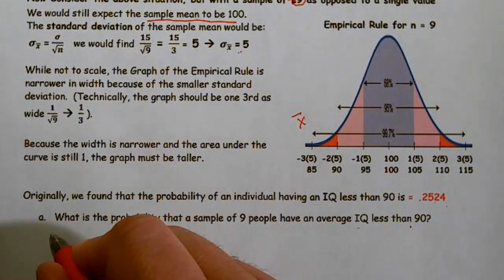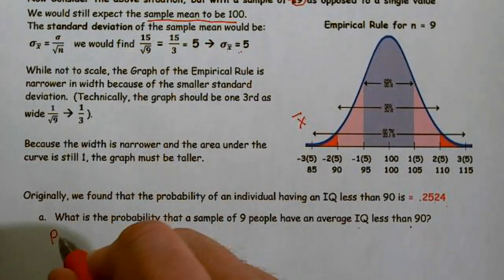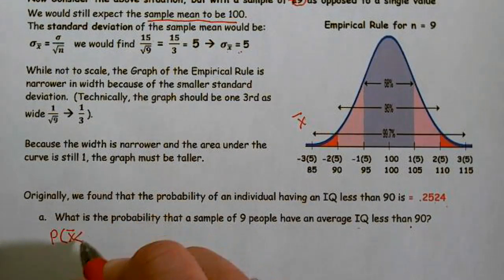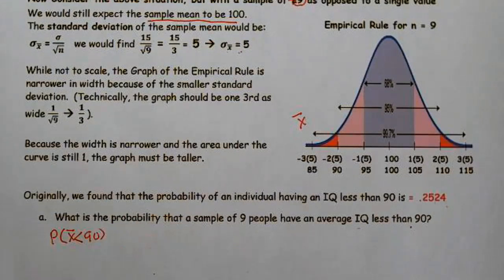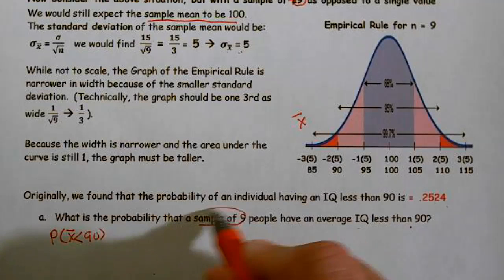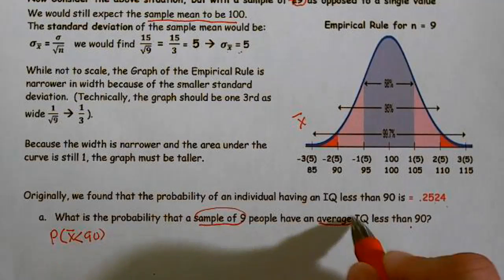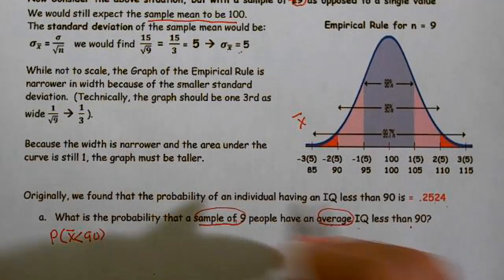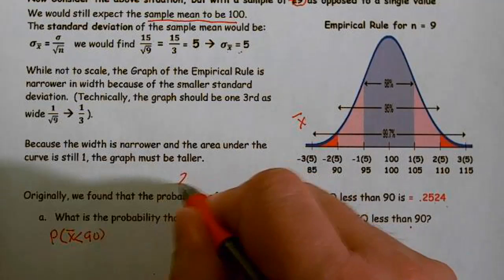So now we're not worrying about the probability of X, we're worried about the probability of X bar being less than 90. All right, probability of X bar less than 90. And the reason I know this is they say a sample of 9 have an average. So we have a group with an average. So group and average tells me I need to be using